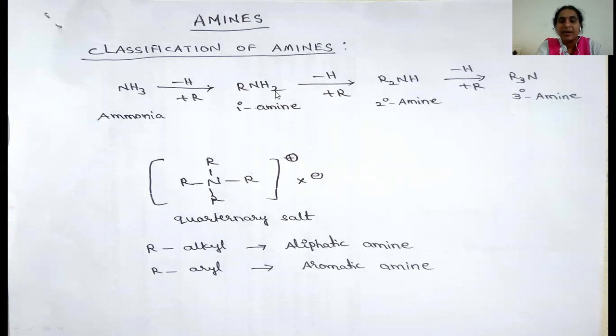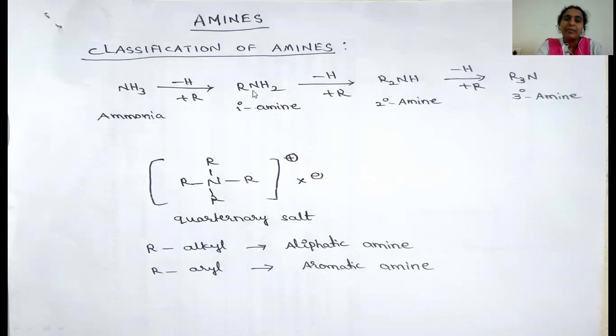In this primary amine, if one hydrogen is replaced by another alkyl group, then it produces the dialkyl amine. Now, in this dialkyl amine, around the nitrogen, two alkyl groups are present. Hence, this amine is called secondary amine. And in the secondary amine, if one of the hydrogens is replaced by an alkyl group, then it produces the trialkyl amine. In this one, around the nitrogen, a total of 3 alkyl groups are present. Hence, this amine is called tertiary amine.